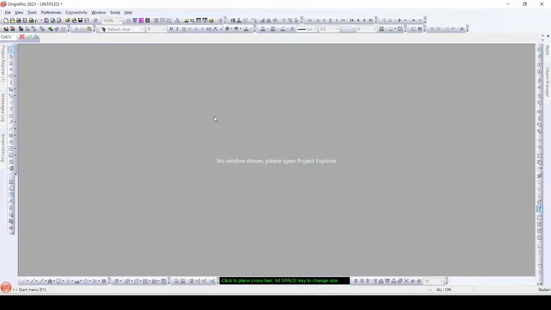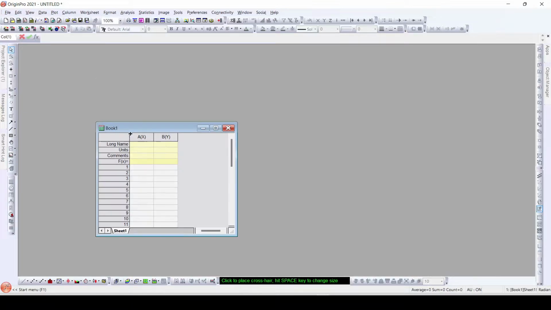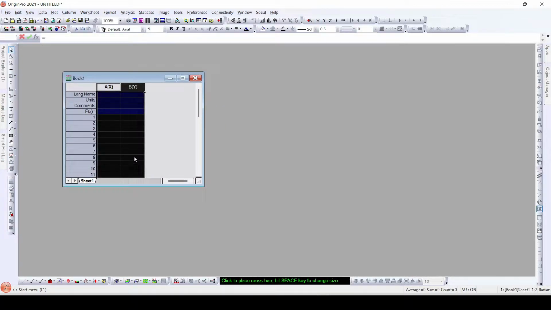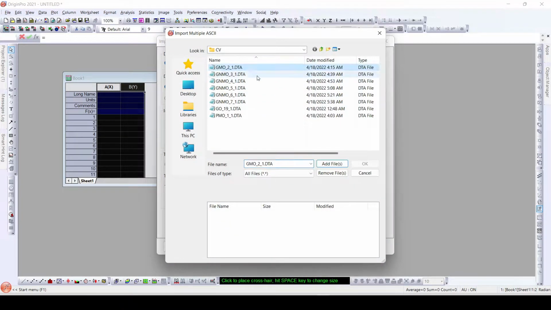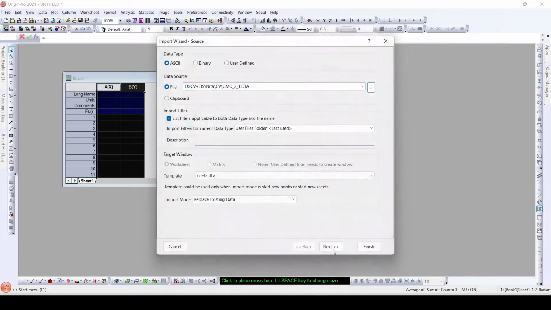Hello friends, today we are going to learn an improved way or method to import data. As we know, while importing data, we have a workbook, we select the columns of the worksheet, go to import wizard, select our desired data file, add it, click OK,